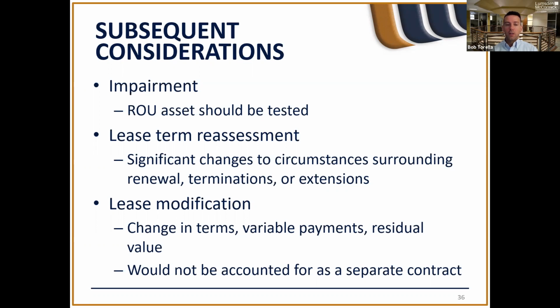So let's say you have a change in business operations and this equipment that you're leasing is now just going to sit and collect dust for the next 3 years. You probably have an impairment in that asset, and it really should probably be written down to its actual recoverable value. And then that would be the new value that's amortized over the remaining useful life or lease term.